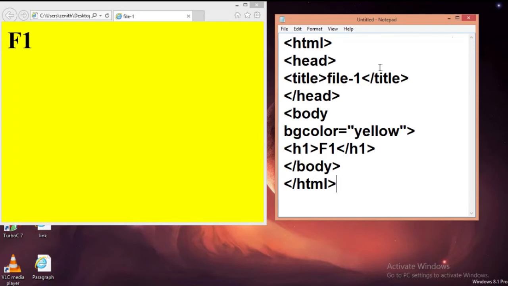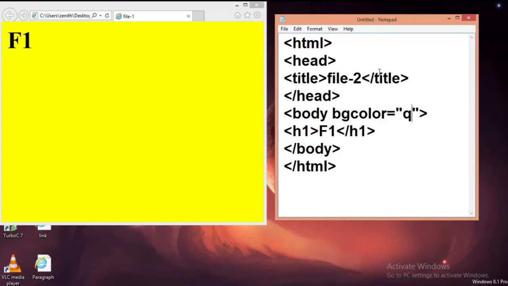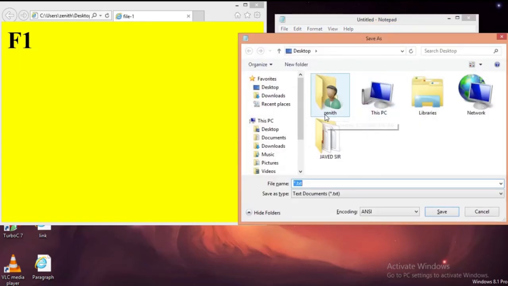You just have to change the title to file number 2, the color to aqua, and the heading to file 2. Then save the file with the name f2.html.